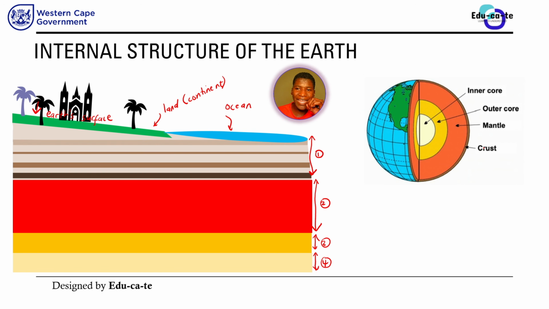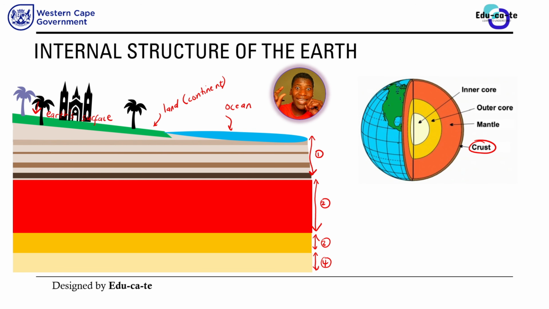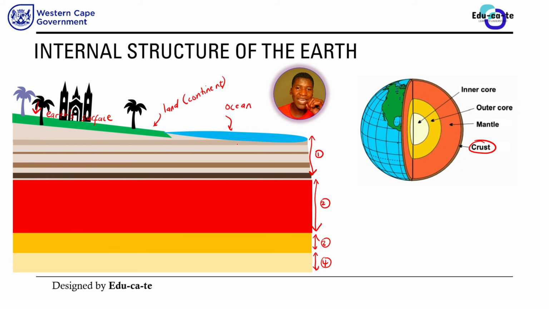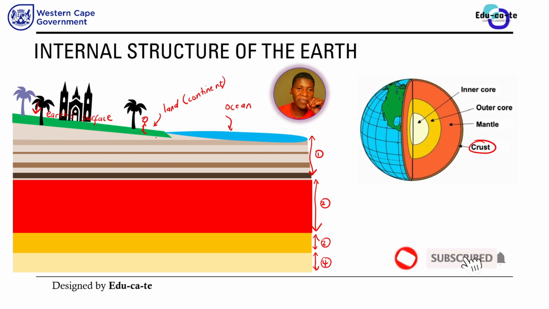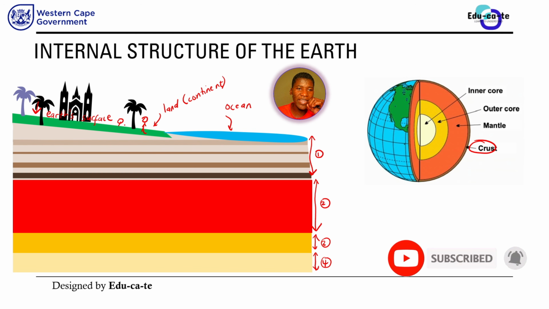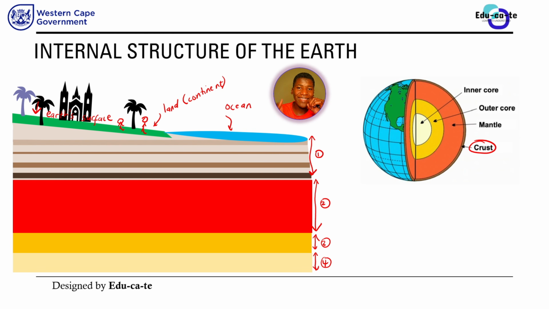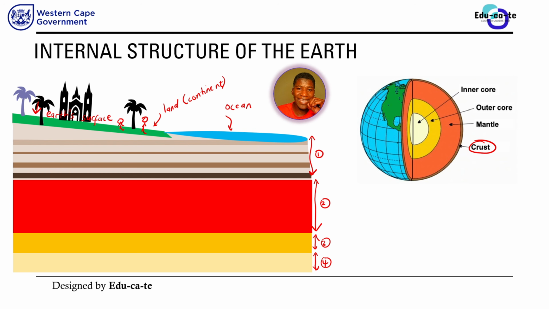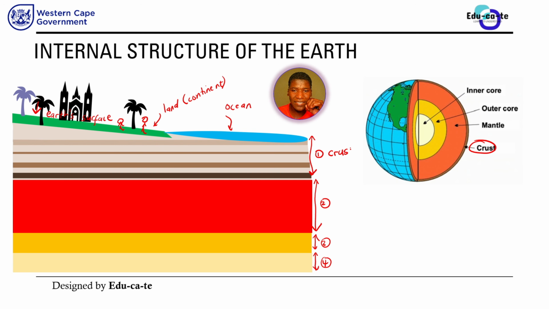So the first layer, which is the crust, this one. What is the crust? The crust is this layer that we are at right now, because right now we are on top of the ground. So this layer where we live on top of the ground, because maybe you are here chilling at the beach with your friends, or maybe you are at school and you are watching my wonderful videos and all of that. So basically the crust is where we are at exactly. So the crust is the first layer. So this first layer, this brown layer, it is known as a crust.